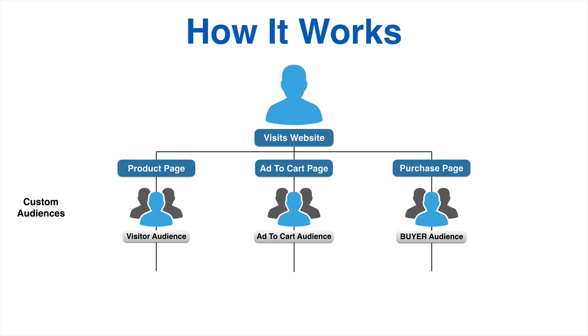So what Facebook will do is they will allow you to create what's called a lookalike audience, where they will go through, look at this data that we have on the screen here, look at your visitors, look at your prospects, that would be your add to carts, and look at your buyers. And they'll say, okay, we believe we have found a group of people that are very similar to your past visitors based off of the age, the demographic, the location, and the interests. And they will actually create a targeted audience for you. Like literally, automatically,